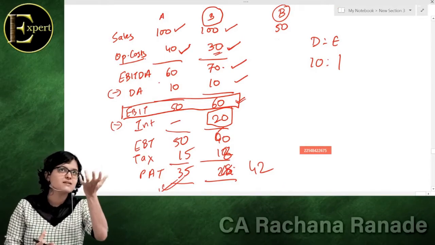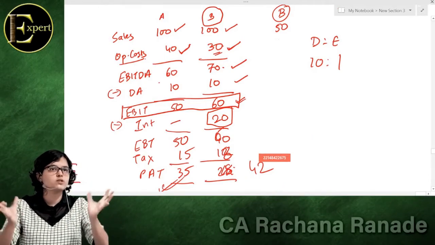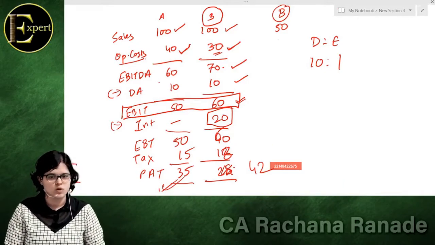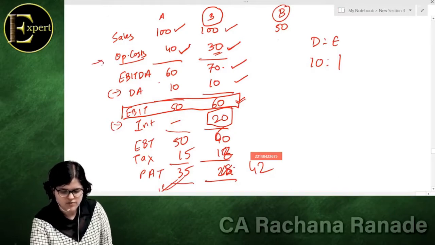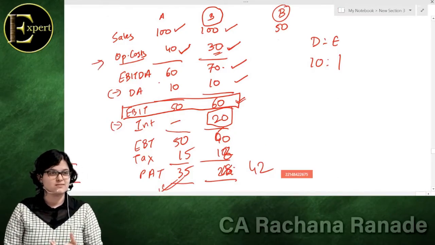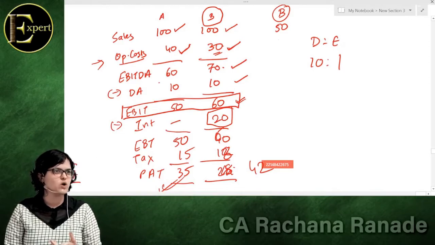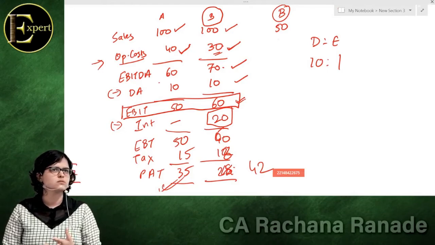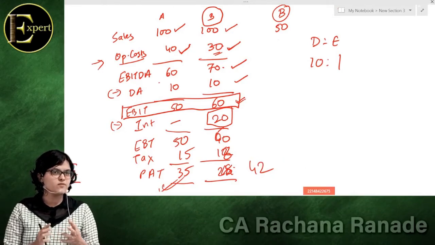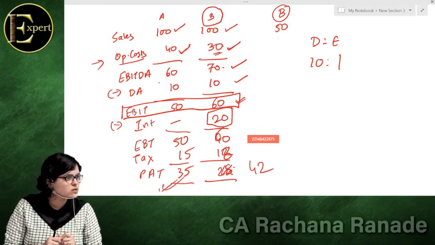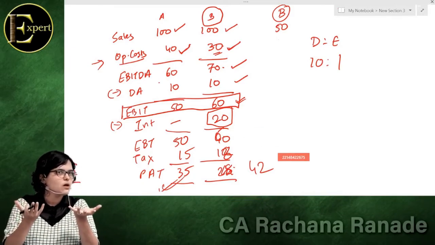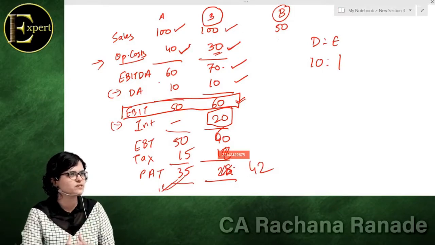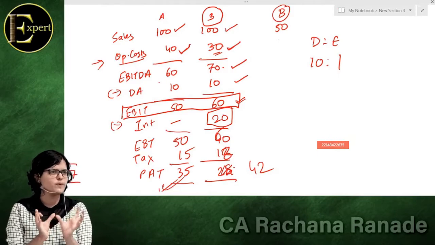Can I say electricity is also a variable cost only? The more the production, the more the electricity bill. The lesser the production, the lesser the electricity bill. But these operating costs, if you remember, we had also taken advertisements. That is going to be a little bit not directly related to production. What about transportation costs? Can I say they will be a little bit related to production? Why? The higher your production, the higher your transportation cost, right? Bringing raw material, selling finished goods. So your transportation cost is also going to be linked with your production.